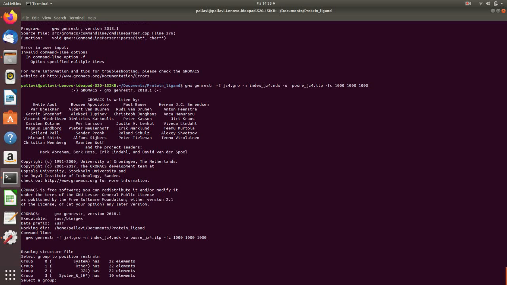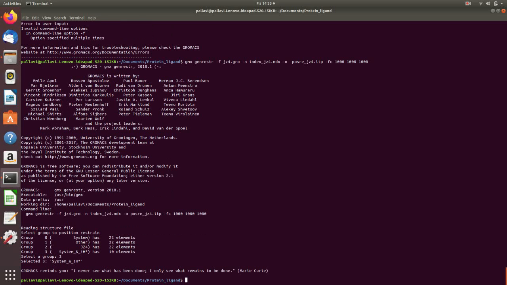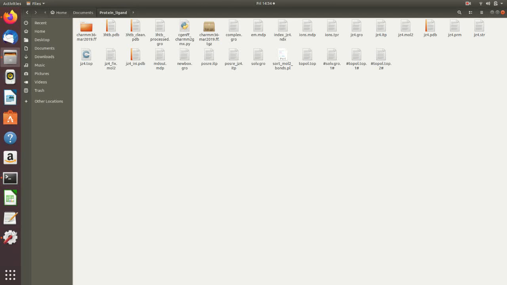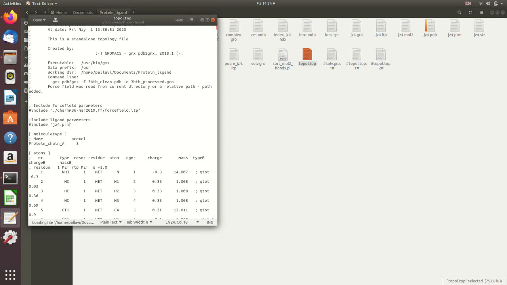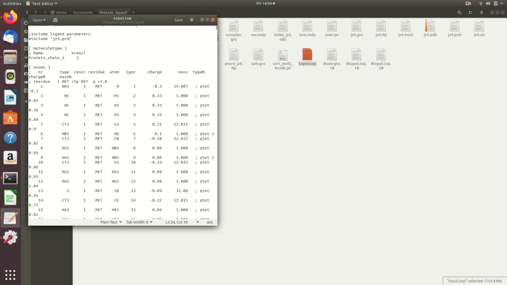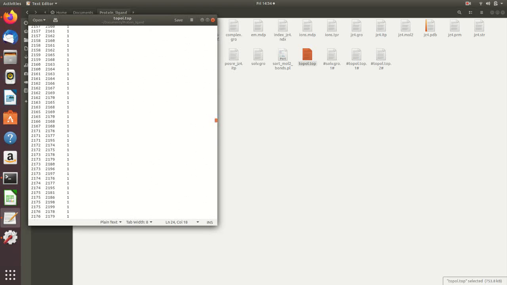And then select the group 3. I will have to include this position restraint information of the ligand in our topol.top file. So we'll just open the topol.top file and scroll down,